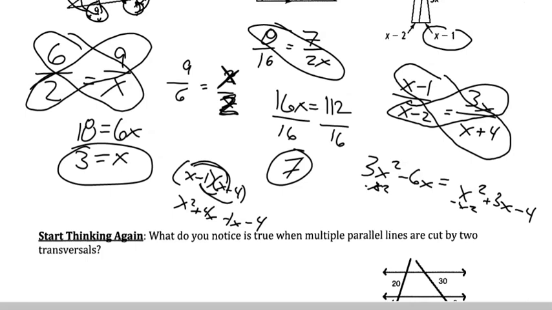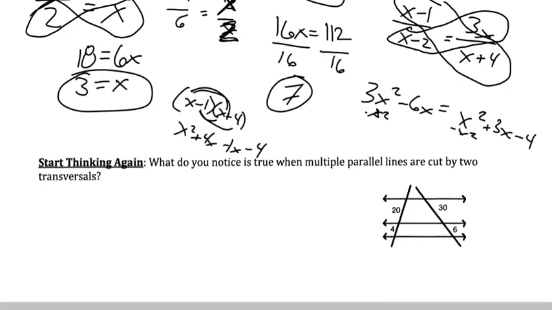Minus x squared. So we're going to end up with, and I'm going to scroll down, but then I'm going to white it out in a minute. If I did this, I would have 3x squared minus x squared. That gives me 2x squared on the left. Then I would do minus 3x minus 3x, and that gives me minus 9x. And then plus 4 and plus 4, that's add 4. Now since we have a